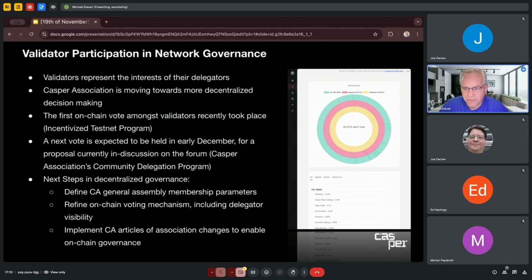And I think it's a really nice indicator of where we can go with decentralized governance. The next vote is expected to be held in early December. That's for the proposal that's currently in discussion on the forum, specifically the Casper Association's community delegation program. For background, for those of you who have not followed the discussion or the proposal or the conversation in Validator